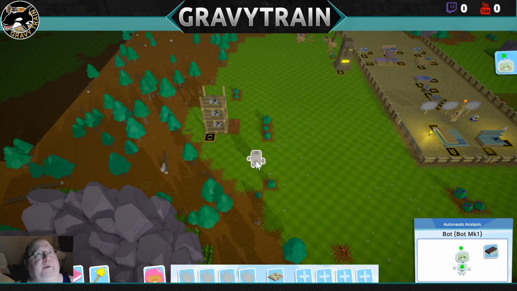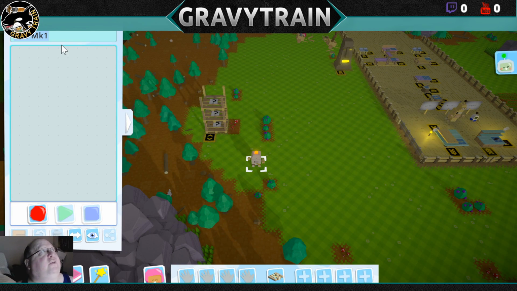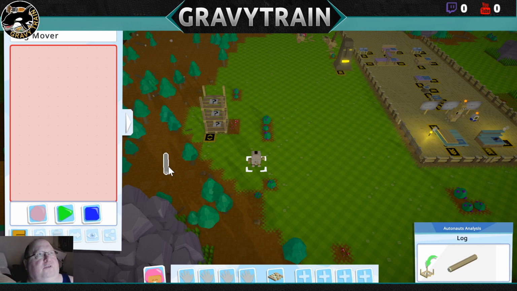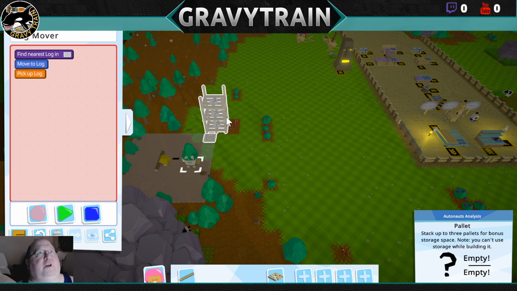So what I'm going to do is I'm going to hit the space bar, go into programming mode. So this guy is going to be a log mover. And I can go ahead and click record to edit. The first thing I'm going to do is I'm going to show the bot. I'm going to do the action. I want you to come out and pick up this log. And then I want you to drop it